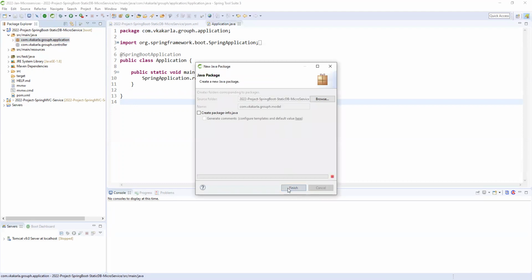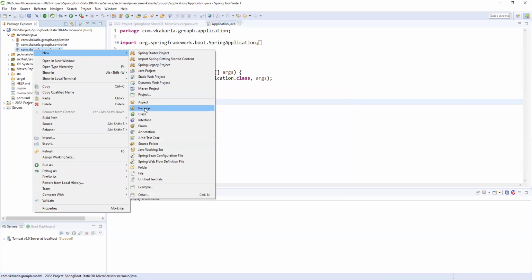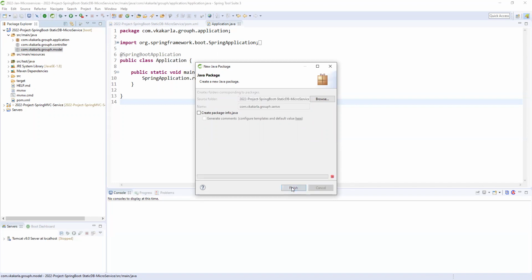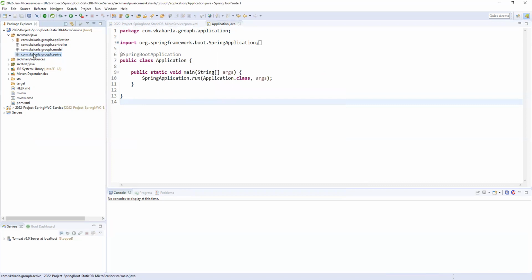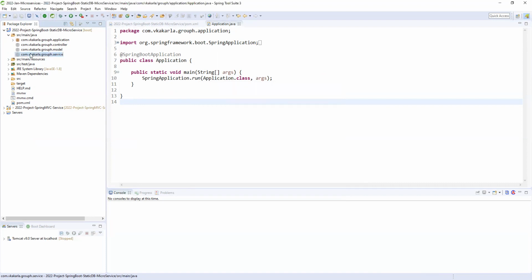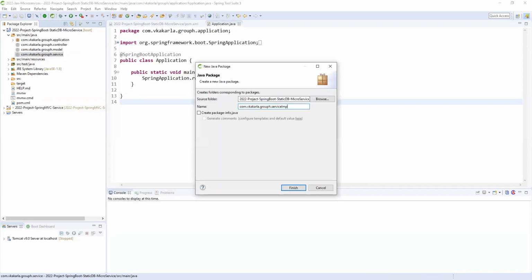So the employee model, and of course we need service classes, so a service package. Next, service impl, for interfaces and implemented classes.